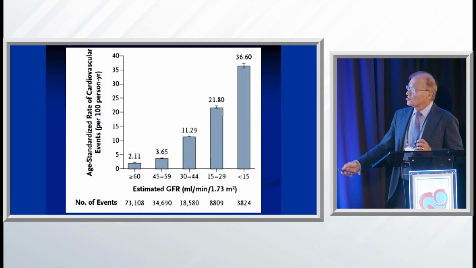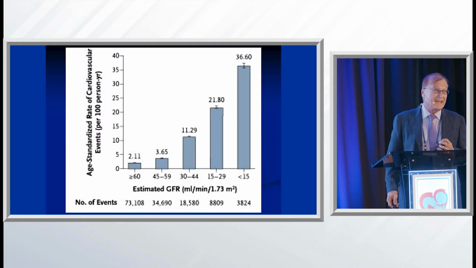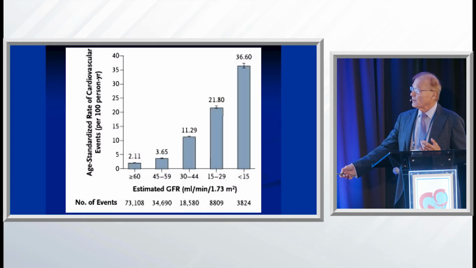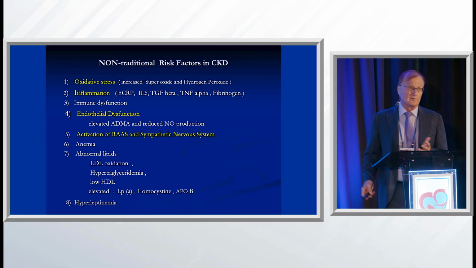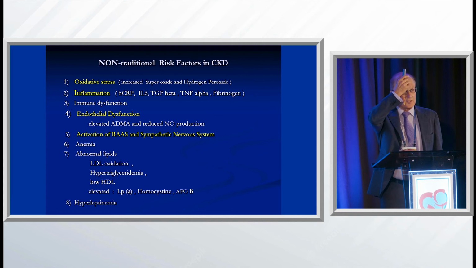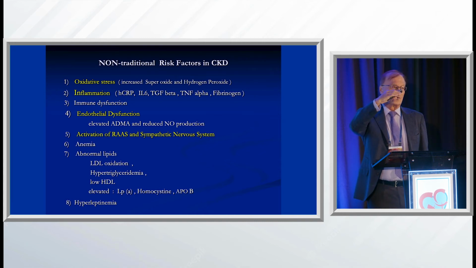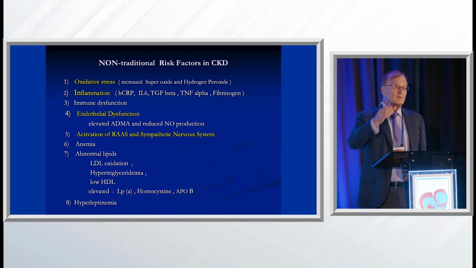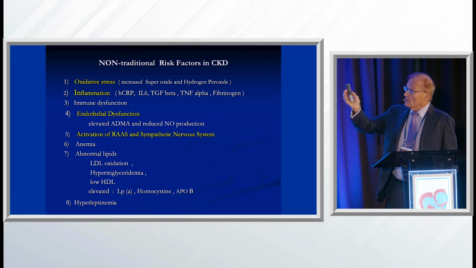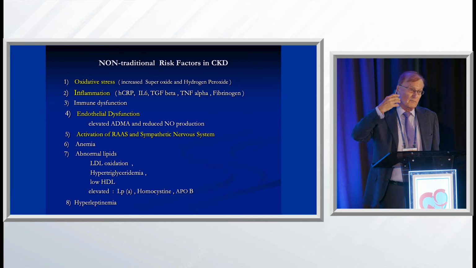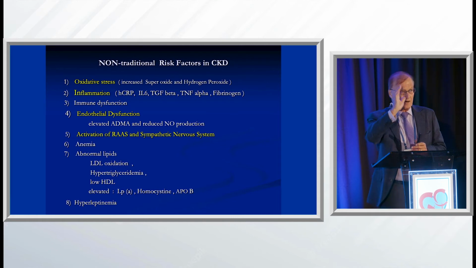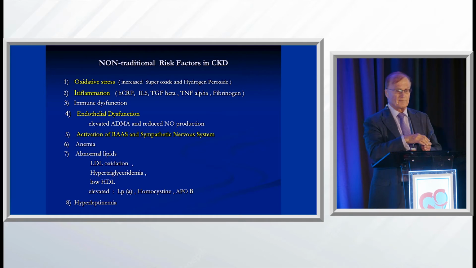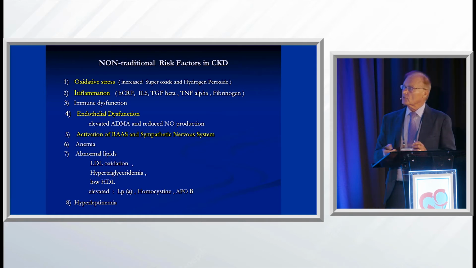So that shows you the very high incidence of cardiovascular disease which you have with reduced eGFR, particularly below 45. So don't get scared and say, oh my God, my eGFR is 52. I think the real divider is below 45. And so I came up with a list because we have these nice traditional risk factors we learned for the cardiologists: hyperlipidemia, obesity, hypertension, the LDL, and smoking. So we have this long list of clearly established traditional risk factors.